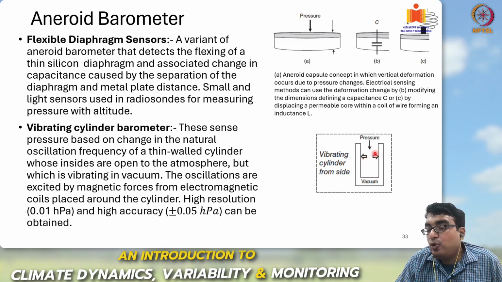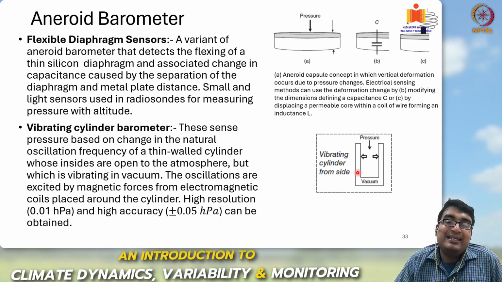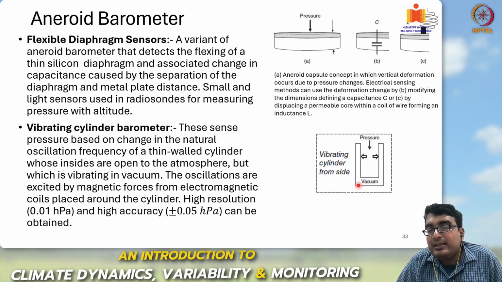The inside is open to the atmosphere and the outside is enclosed within a vacuum. So there is a pressure differential. Now this thin walled cylinder is vibrating at its natural oscillation frequency. You know resonance frequency, that is the natural oscillation frequency. These cylinders will have it, and it is vibrating at its natural oscillation frequency,